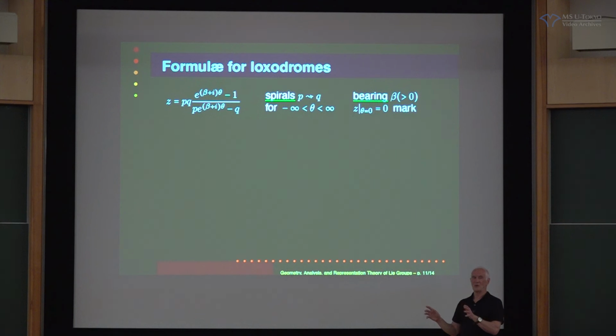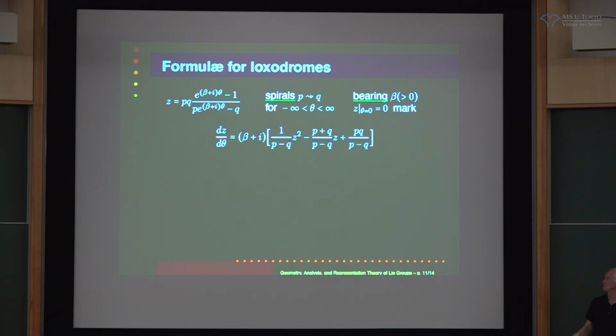I don't actually know what happens in higher dimensions. Okay, this is very embarrassing. So you know, in 2 dimensions, if you ask what are all the homogeneous curves on the Riemann sphere, it's either loxodromes of a fixed bearing or it's circles. You know, in 3 dimensions, of course, you can still have loxodromes because you can cut with something lower dimensional, but you can have other things too. But I'm not quite sure how to classify them.